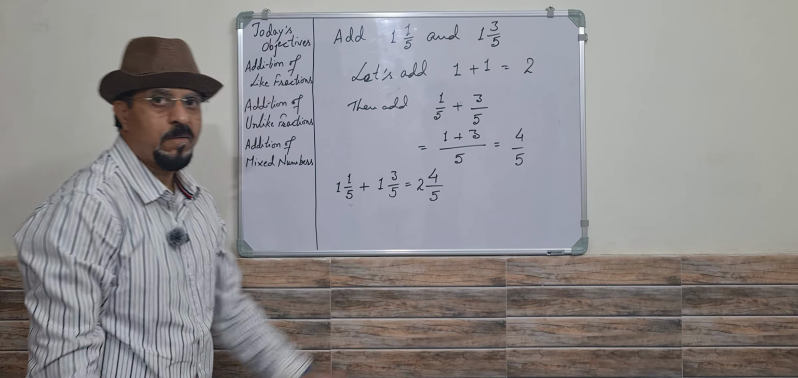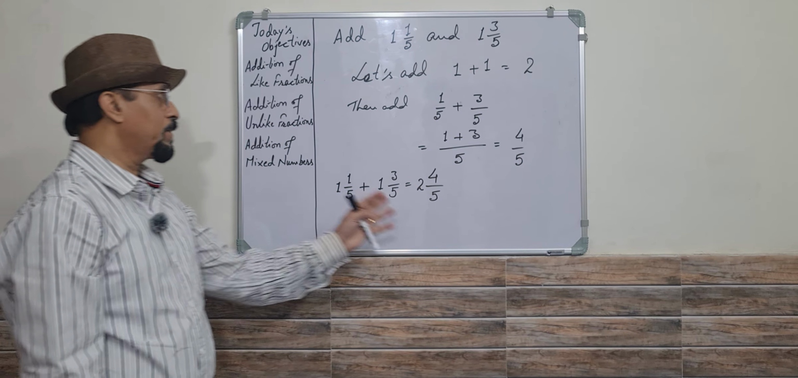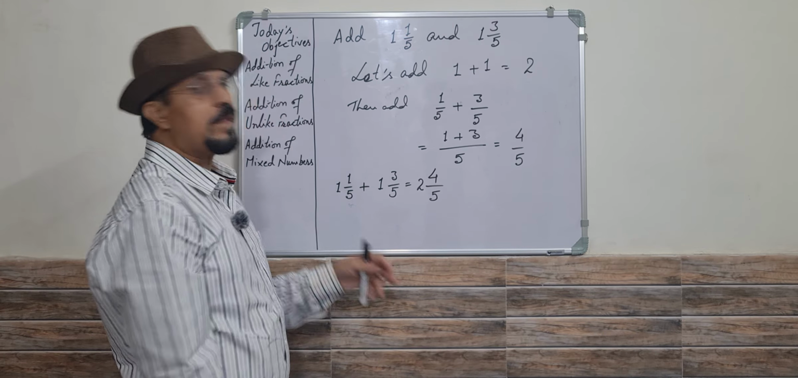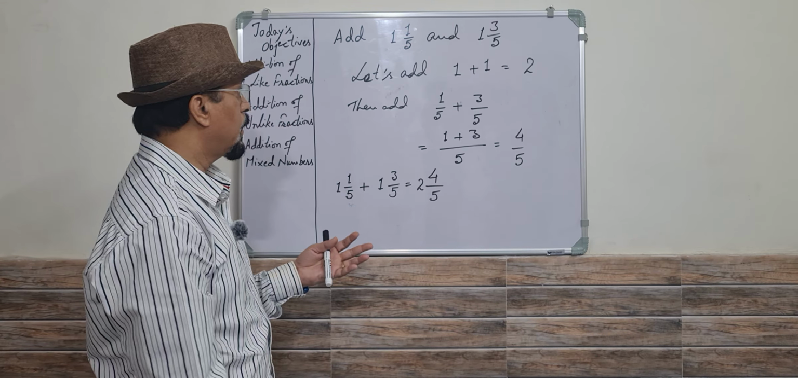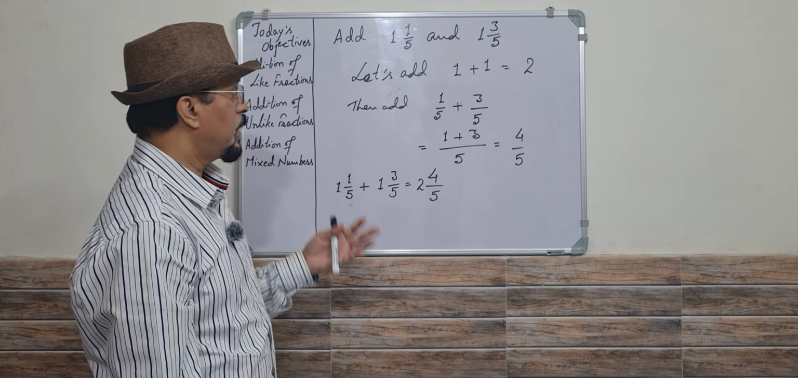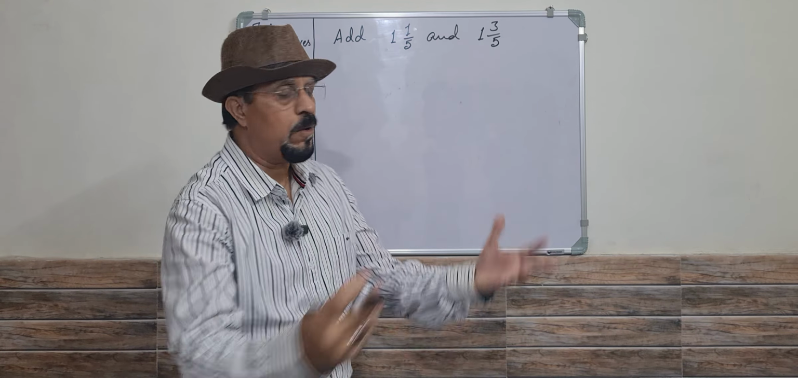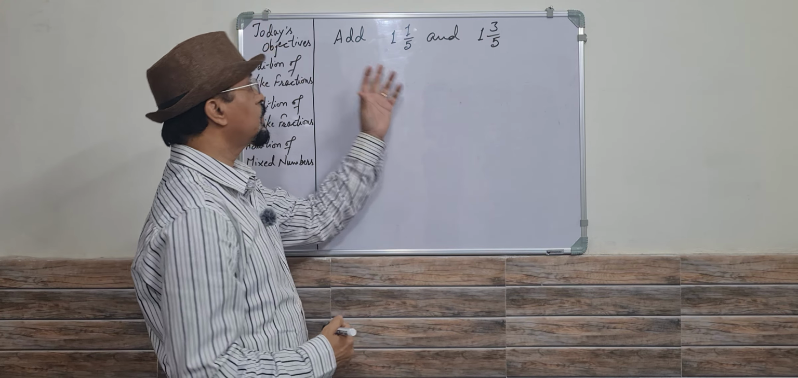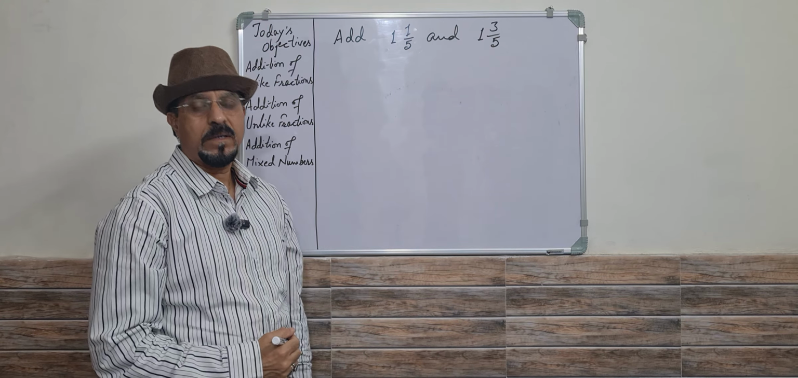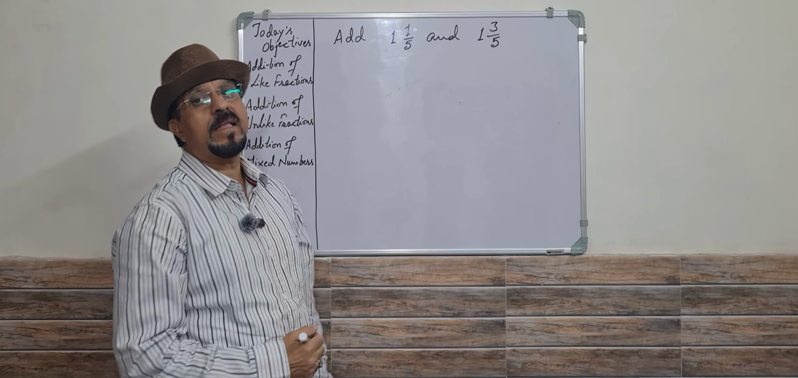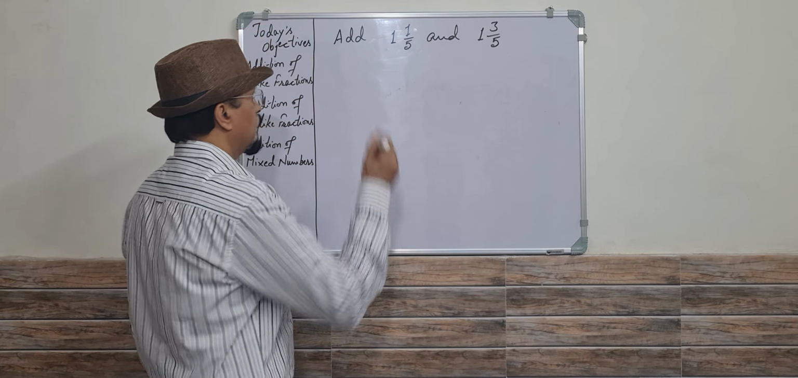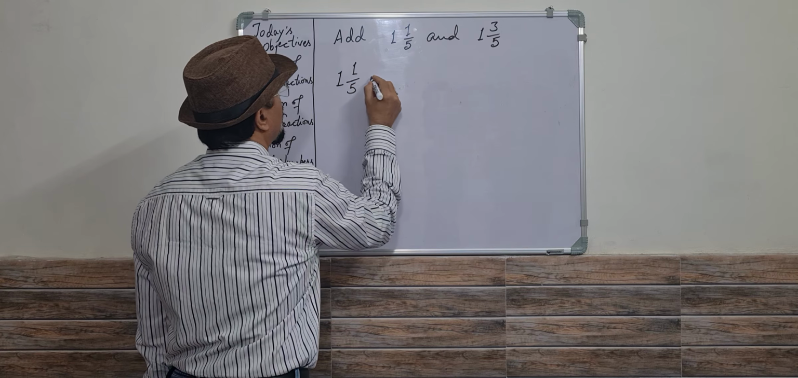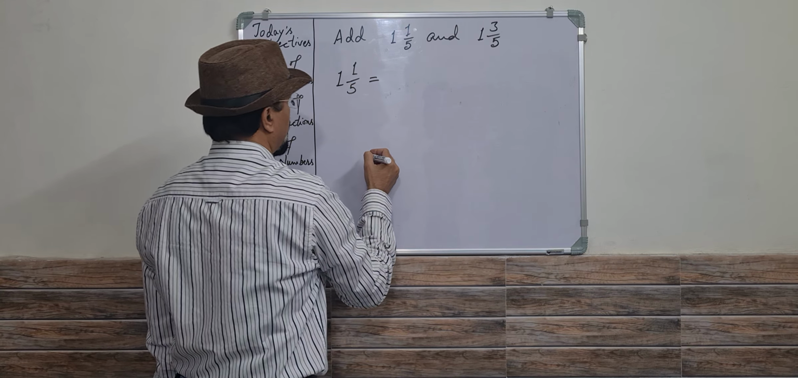This is how we can add two mixed numbers. This is one method, right? There is another method to add two mixed numbers. I'll tell you just now. Another method of adding two mixed numbers is where we first convert the mixed numbers to improper fractions and then we add them. So for this case, one whole number 1 by 5,